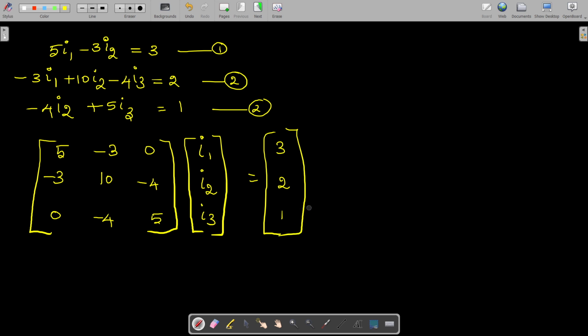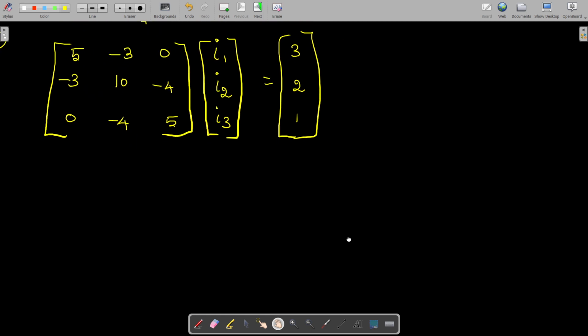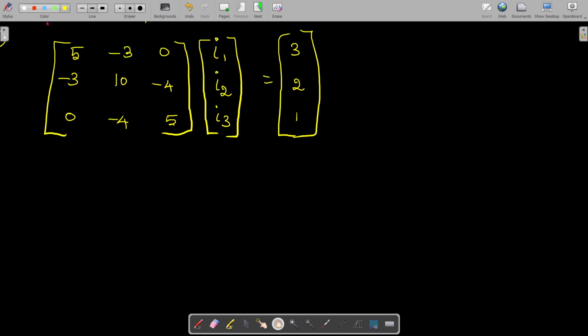This is the voltage, so V equal to IR. In this we can find out this delta, the determinant value of this. So this delta is equal to, so how do you find it out? For this, 5 into 10 into 5, so it is 50 minus 4 into 4, 16,